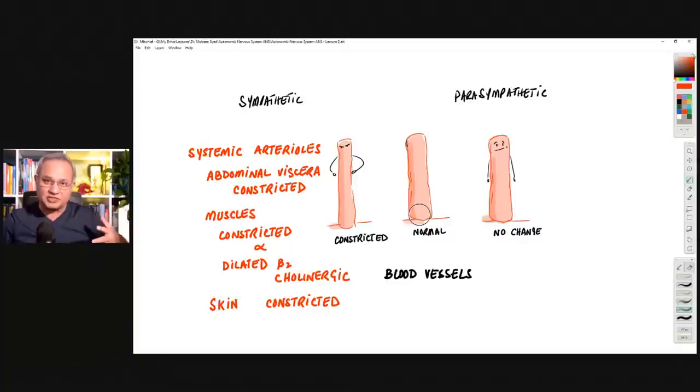Why? What happens? Our body relaxes the urogenital system, so the bladder is not pressing you to go urinate. Our body causes the GIT to reduce its activity, so the blood and the energy is not spent on GIT movement. So sympathetic system, we're running away from a lion. That is not a great time to take a poop. That is not a great time to vomit. That is not a great time to have GIT move and digest the food. We do not want those things to happen.